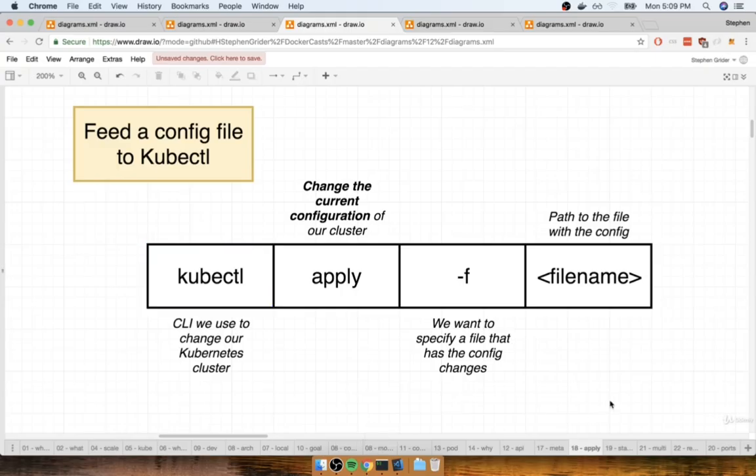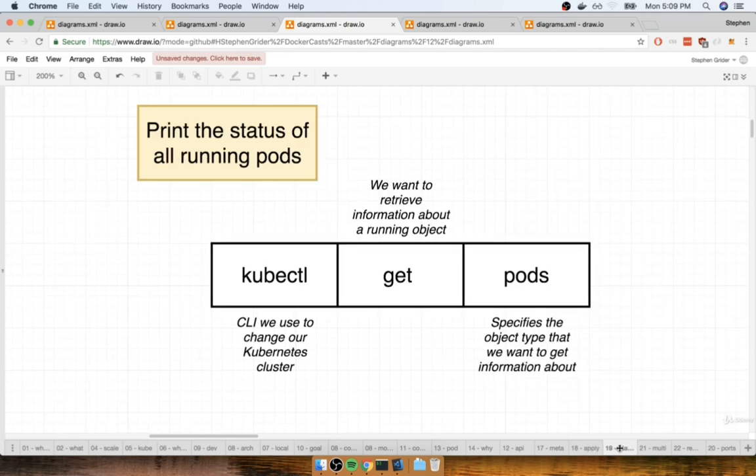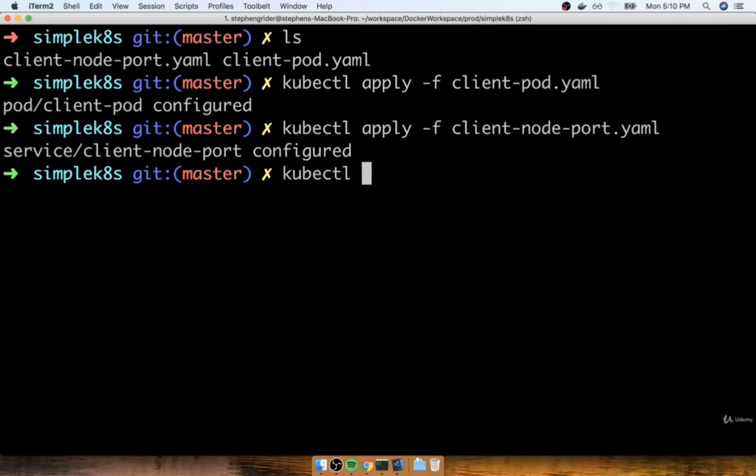So in order to get the status of any different object that you and I create through a configuration file or any other means, we're going to be making use of the kubectl get command. The get command is going to print out the status of an entire group of object types. So for example, we would say kubectl get pods. In this case, pods is the type of object that we want to get information about. kubectl will look at our Kubernetes cluster, it'll find all the different pods that have been created, and it'll print out the status of every single one. So it's a very easy way to get a kind of high-level look at everything that's going on inside of your cluster. So I'll do kubectl get pods,